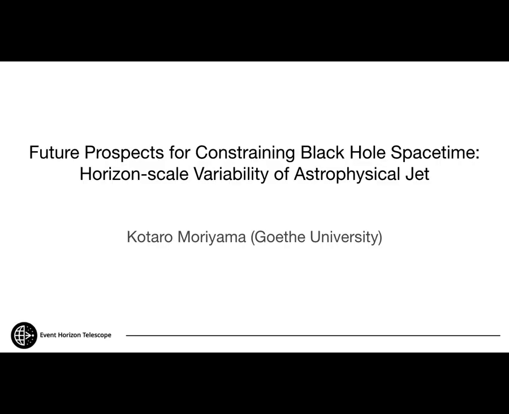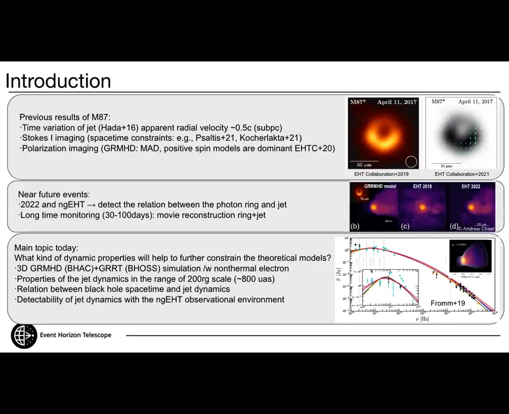Thank you so much for your introduction. Today, I would like to talk about future prospects related to the detection of the jet dynamics, especially for M87 ngEHT observation. Previously, from 2019, we successfully detected the first imaging property of M87 with Stokes I, and in 2021, we obtained the polarization image and great constraints for GRMHD models, which prefer MAD and positive spin GRMHD